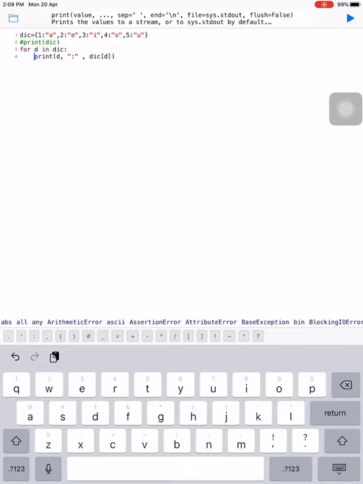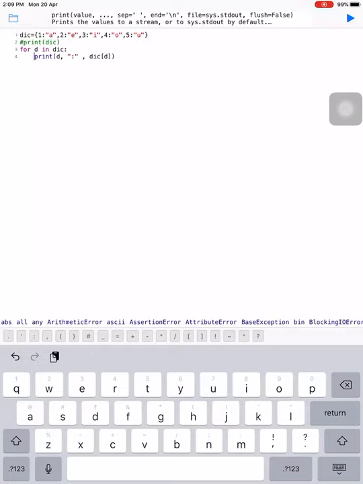Here I have also written another method to access a dictionary. I will put it in a comment and remove its comments. Here with the help of a for loop I can also access a dictionary. For example, we write for d in dic. As you know, you have already used this for loop with lists and tuples. Same here, we use for d in dic, print d.